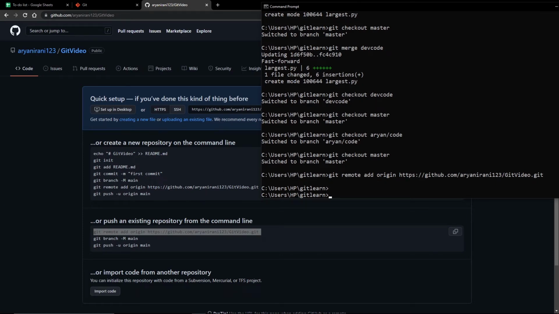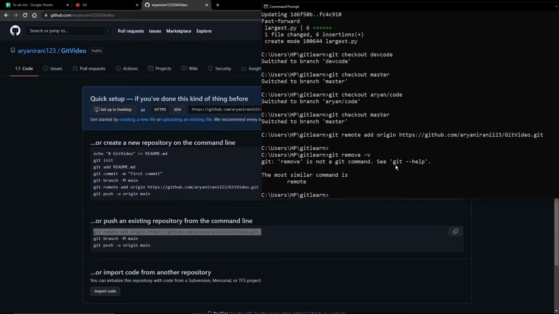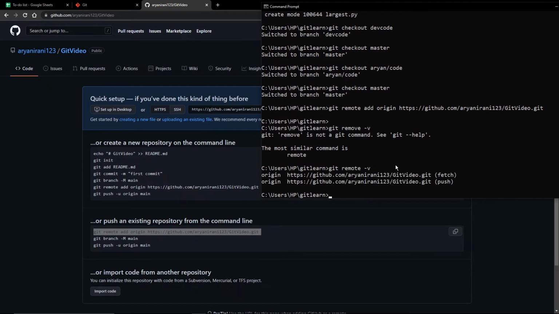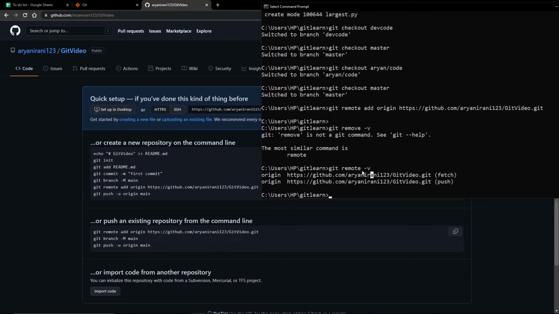Now we're going to be using git remote -v, which is going to tell us whether our origin has been set properly. I'm going to do git remote -v. Oops, my bad, it's remote. You can see that the origin has been set for pushing the code, and for fetching, if there's code there that I want to fetch, I need to use this part of it. So now I've passed the first command.